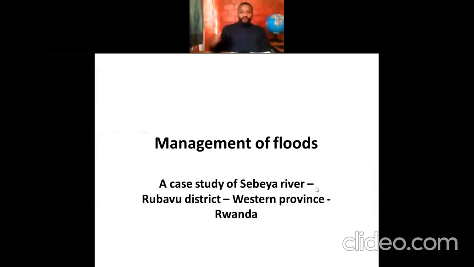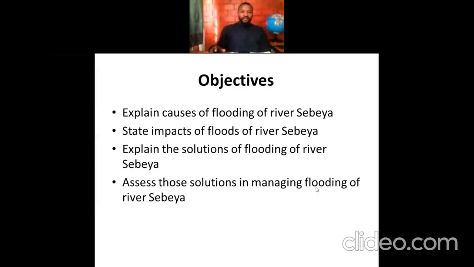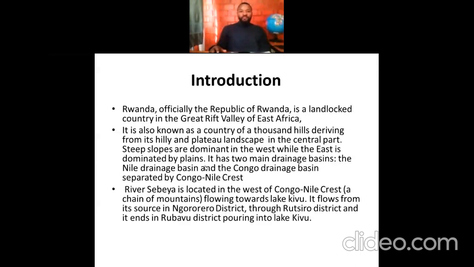So, starting with our key objectives, as I said, we are going to see the causes of flooding of River Sebeya. We are going to see some impacts that are due to floods of this river, to see how the government of Rwanda has tried to solve the problem of flood, and most importantly, to assess the solutions that have been put in place. So a brief introduction,